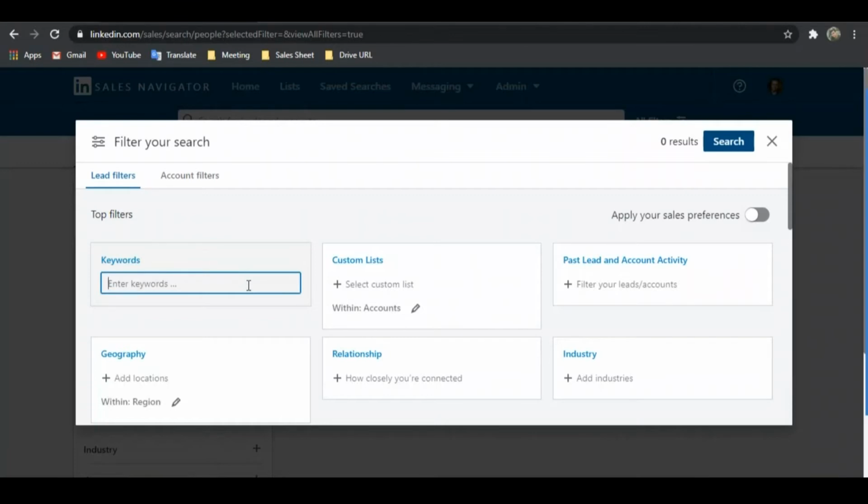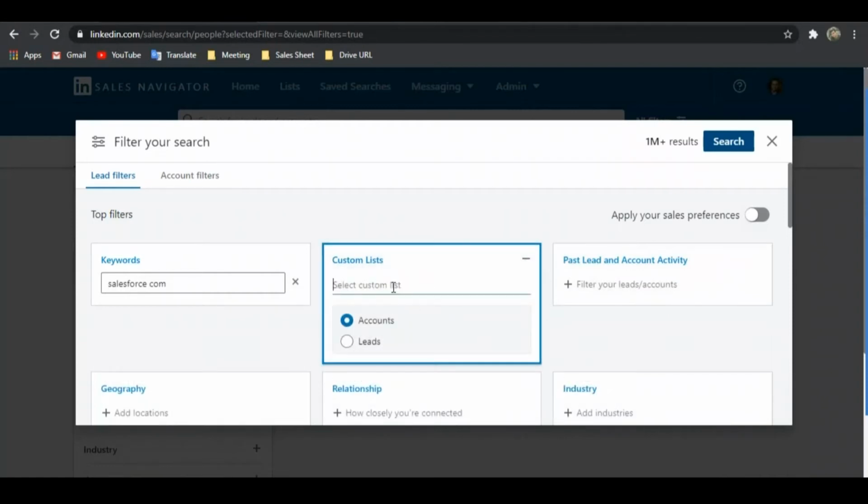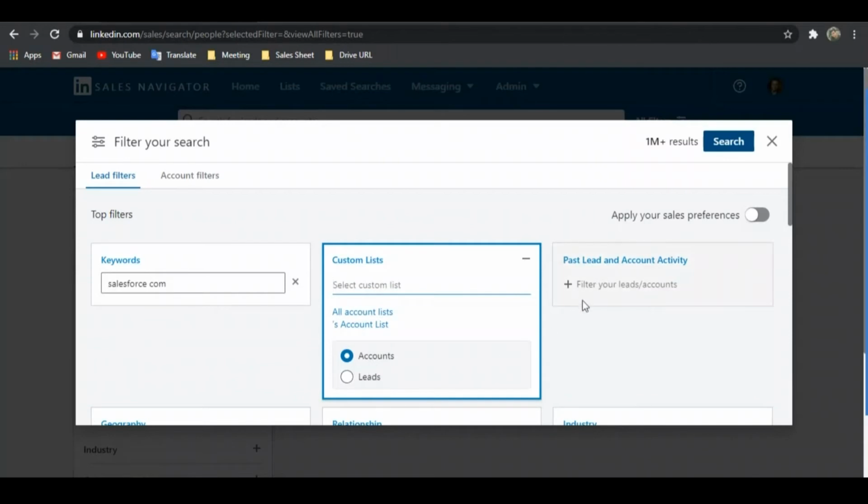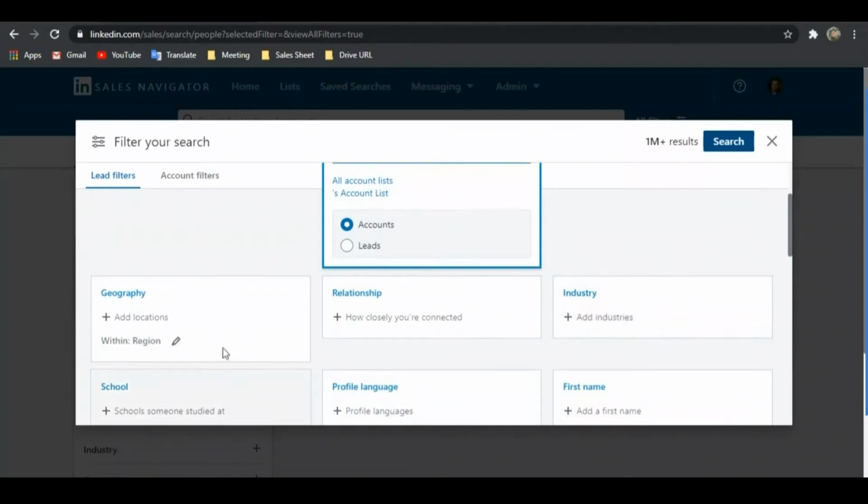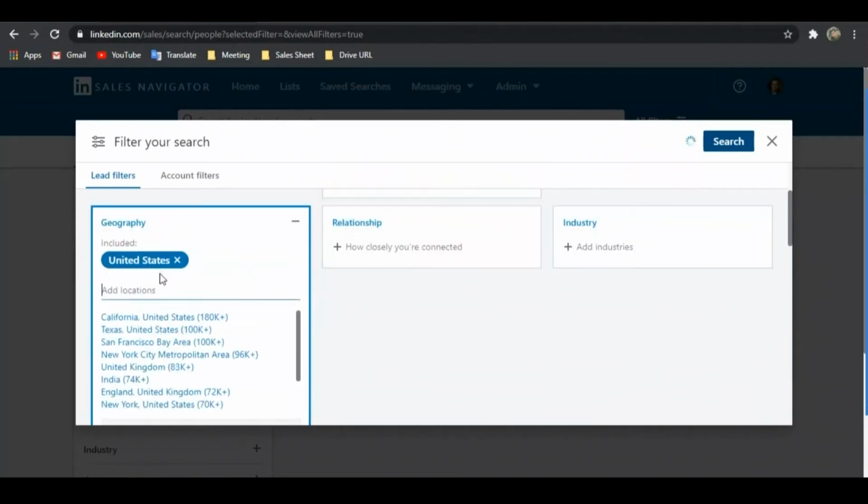For example, if you want a specific audience with a specific domain, then you have to select the audience by keyword, location, relationship, industry and titles. For instance, if we take a Salesforce user or any other specific domain user, for now let's take Salesforce as my target audience. In this case, I can see 1 million plus users, wherein I can also customize leads or accounts. You can also define the location which you want.